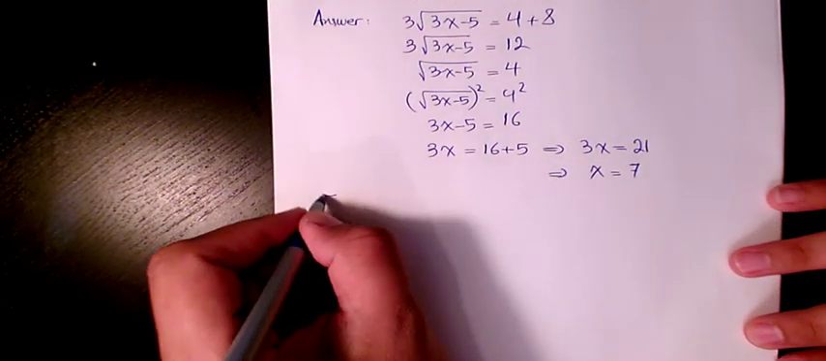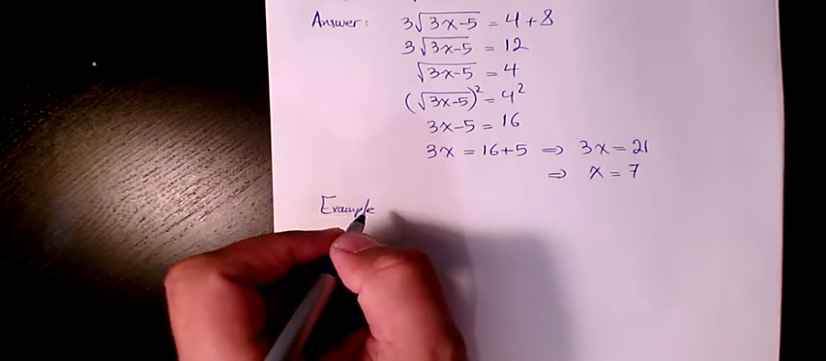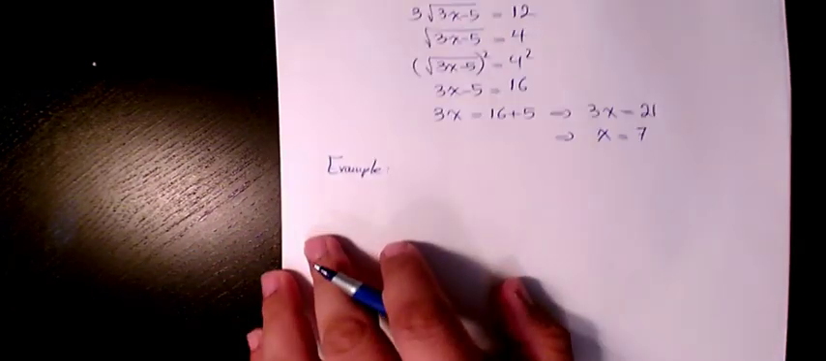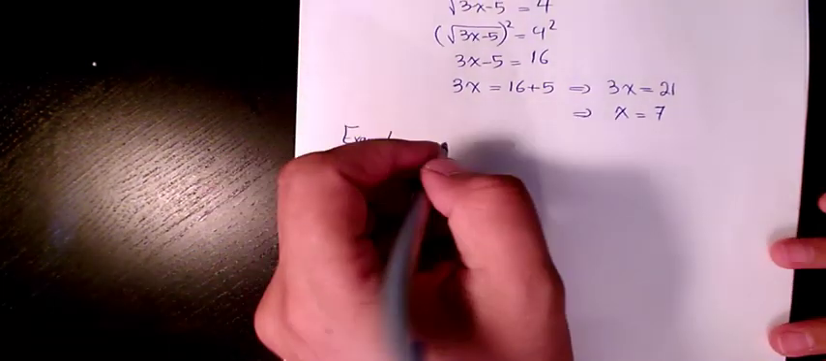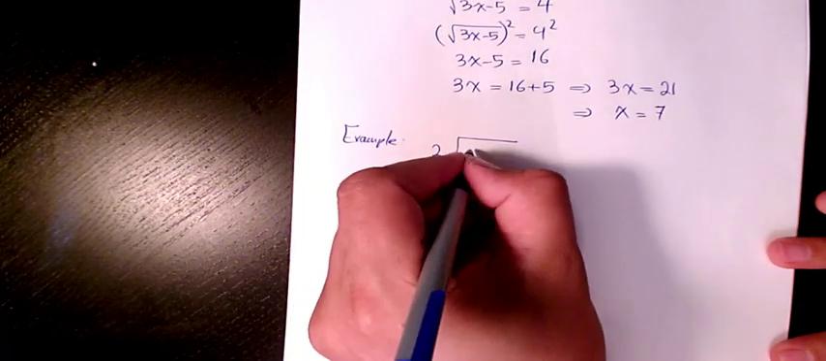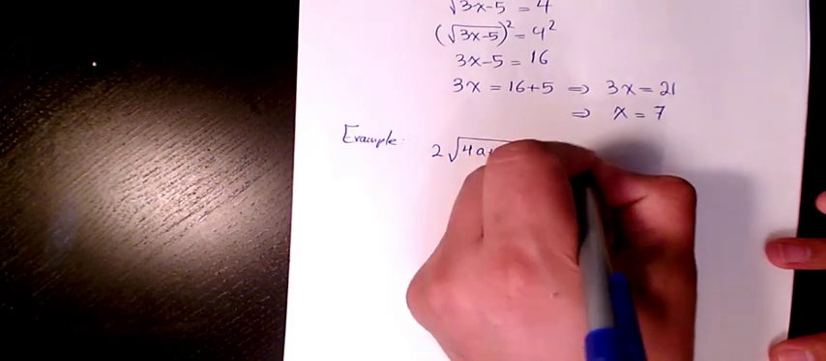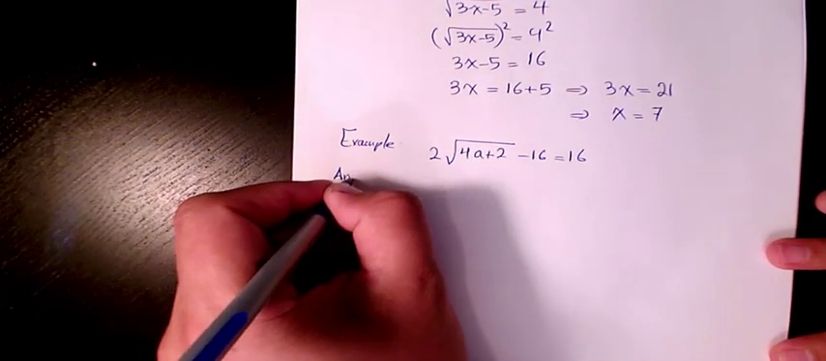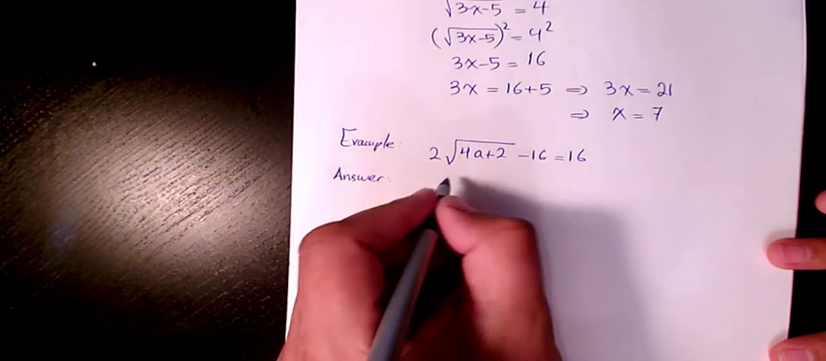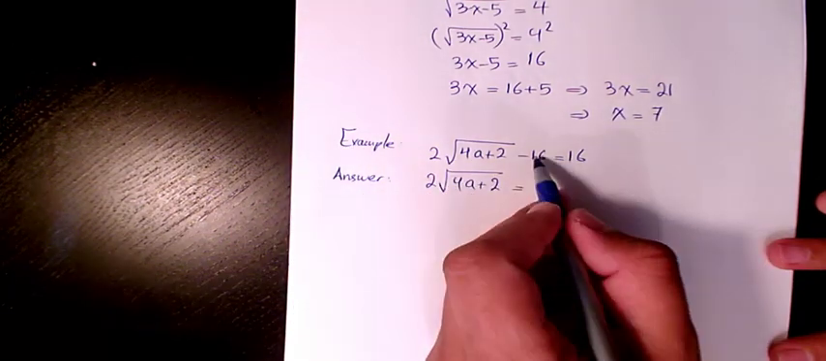Next example is, let me find the next example. We're going to have 2 times square root of 4a plus 2, minus 16 equals 16. The answer is 2 times square root of 4a plus 2 equals